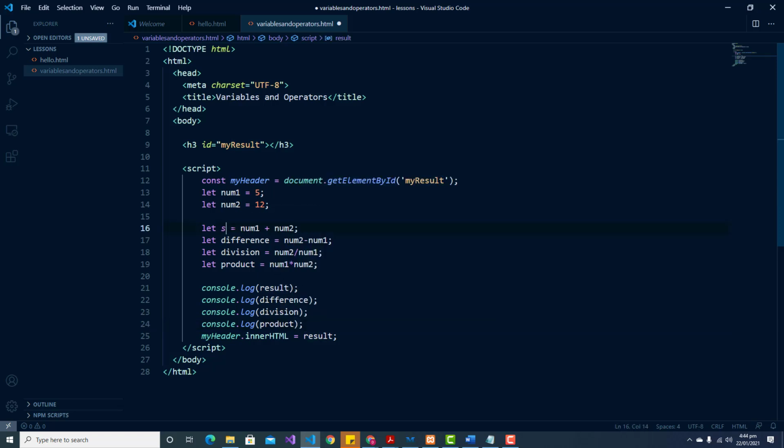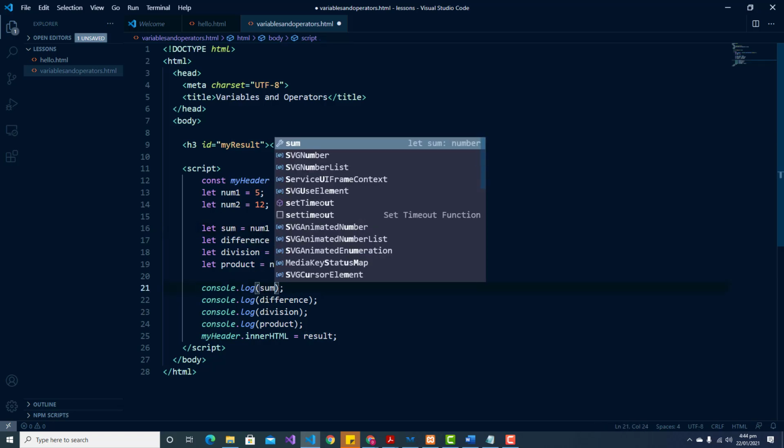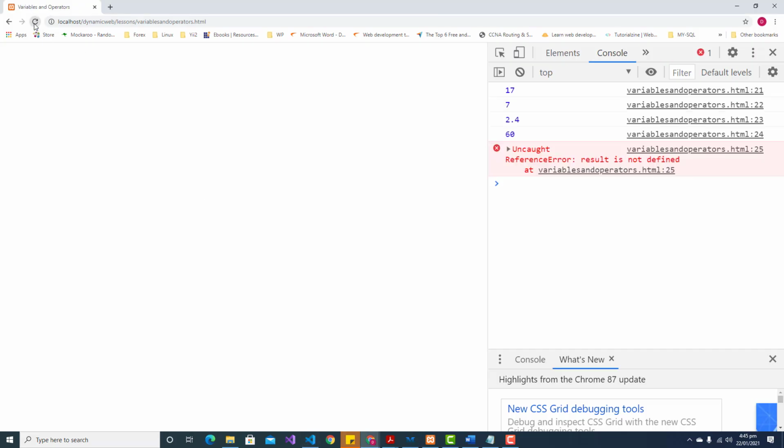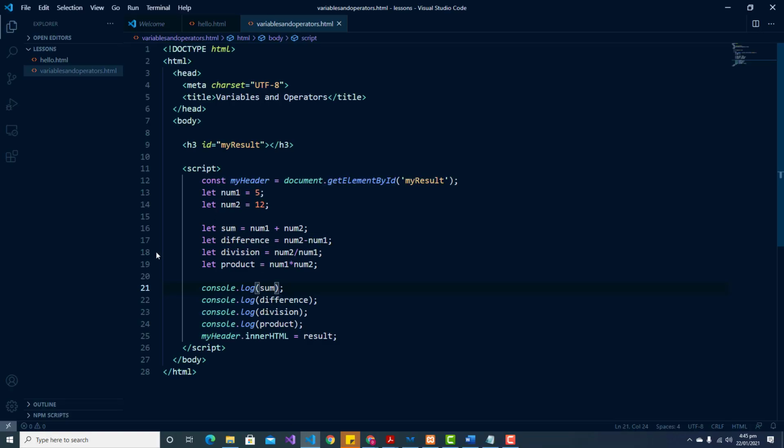And we can just change this to sum because we're finding the sum of the two numbers. So change that to sum. Let us save it and we run it. All right, so we get our results and also an error saying result is not defined in line 25. So let's fix that, line 25. Right, so this would need to be